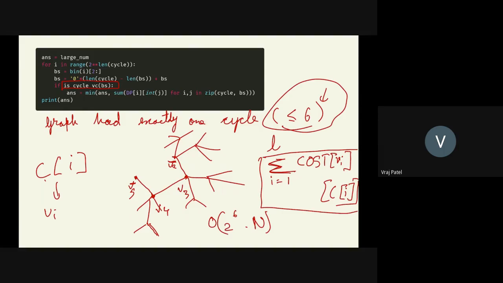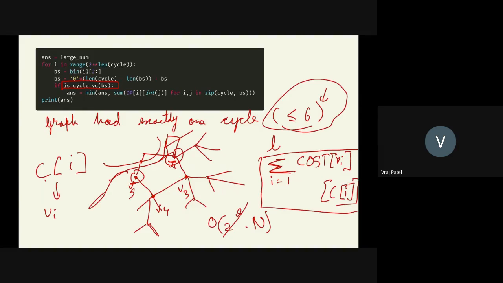The other possibility is that this v is actually not covered. If this v is not covered, then this and this have to be covered. And so you can solve the problem on this part of the graph, and then on this part, and both of these parts are trees. So you can handle this. In Kishan's solution you won't get this 2 raised to power l kind of a thing. So this is entirely gone. It will be something like order n. Yeah, that is a better solution.